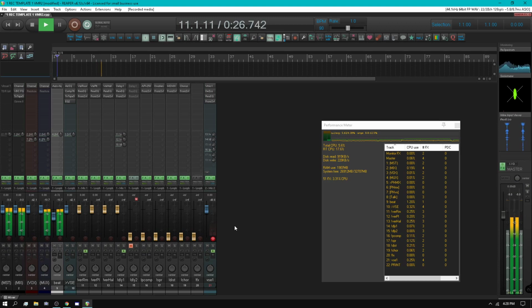As soon as I undo record, the only thing that really changes is the disk. I mean, obviously read, but we're not writing to disk anymore. Some of the CPU usage from the effects goes down as well. And kind of as we would expect. Now,